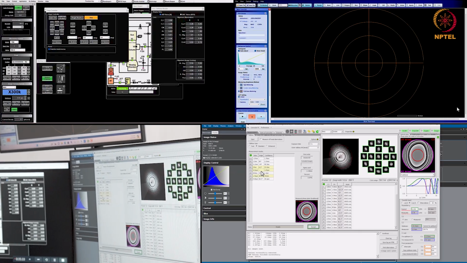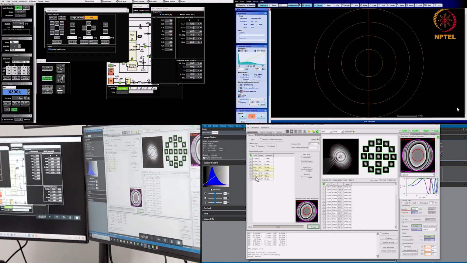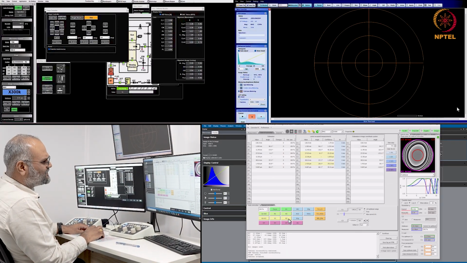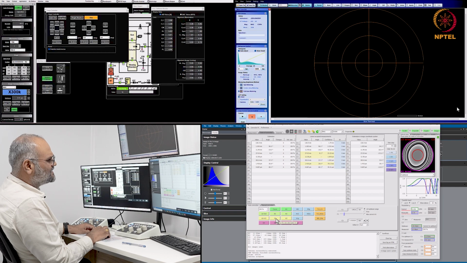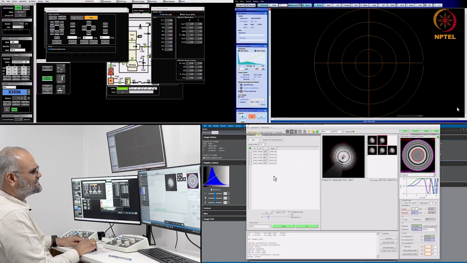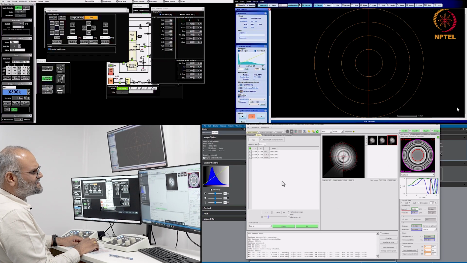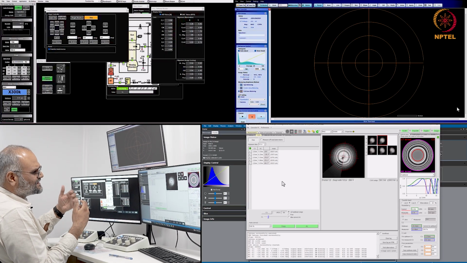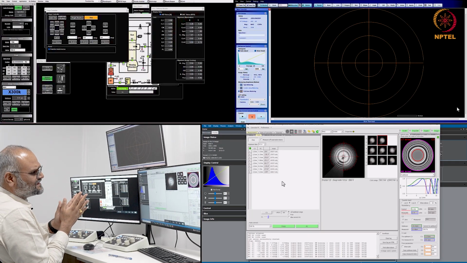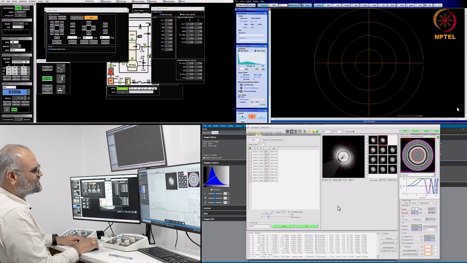I'll also check for C3 at the end. So let me first correct for S3 and B2 and then see what my value for C3 is. So let me correct for S3 and B2 and let me start this. So the procedure is simple. You start with correcting for C1, A1, which is twofold astigmatism and defocus. And then you start with the tableau. And once you correct for